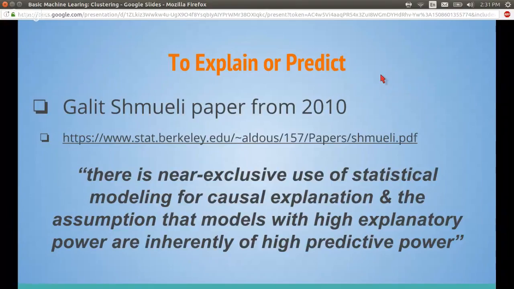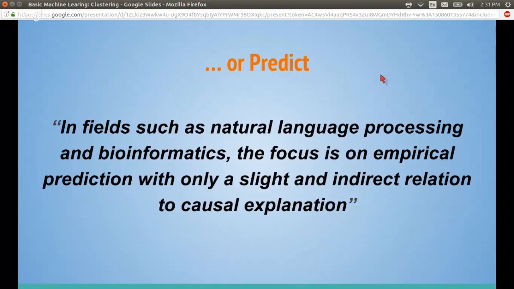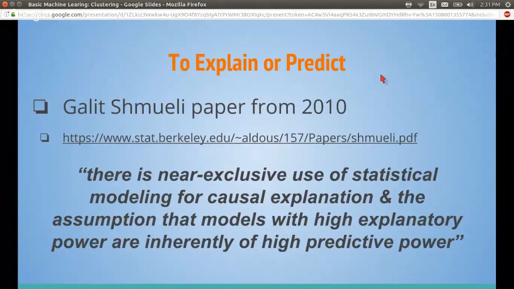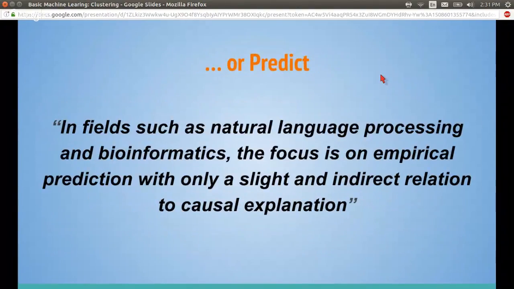That's the best fit. And sometimes data fits a line better than other times. But just because you can draw a line through some data doesn't necessarily mean that the next data point is going to fit on that line. He talks about here, so he's talking about causal explanation.